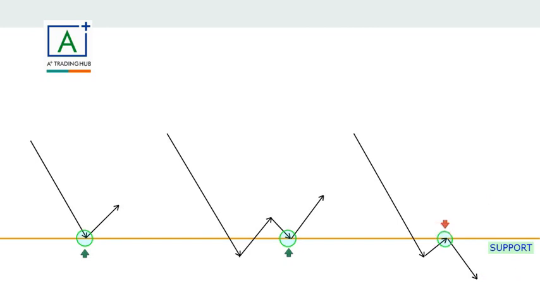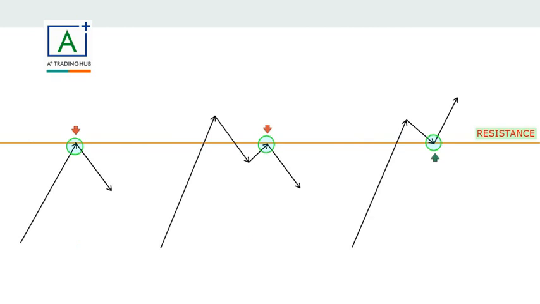Now let's look at the scenarios for resistance. So these are also possible scenarios when price gets to your resistance zone. This is your resistance here. This is the resistance here. So price can be trending up on a buy. Once it reaches your resistance,